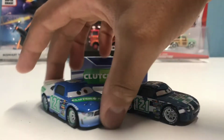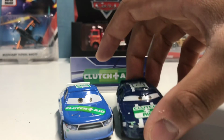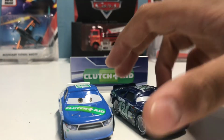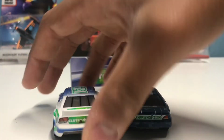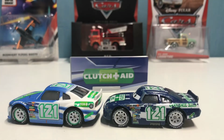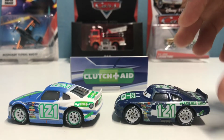So here's a little 360 comparison of Dino Draftsky and Kevin Shiftright. A lot has changed from Clutch Aid, because the Band-Aid wasn't even a part of the equation when Kevin Shiftright was racing for Clutch Aid. So that's definitely one thing that's also very different. And of course now it's not really much of a darker blue, it's more of a lighter blue, and the white